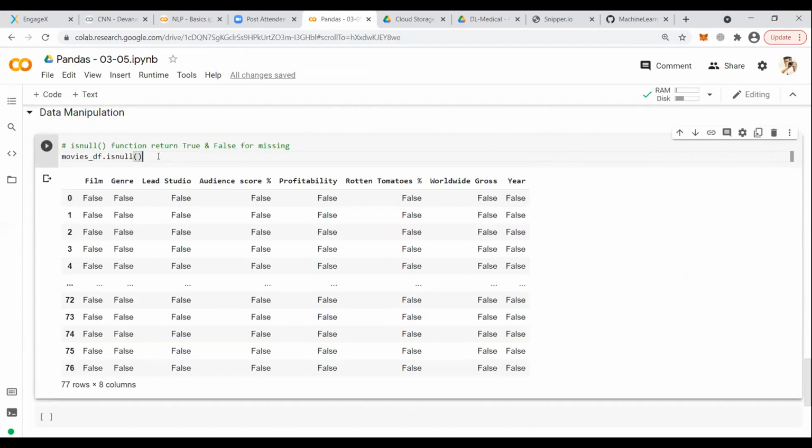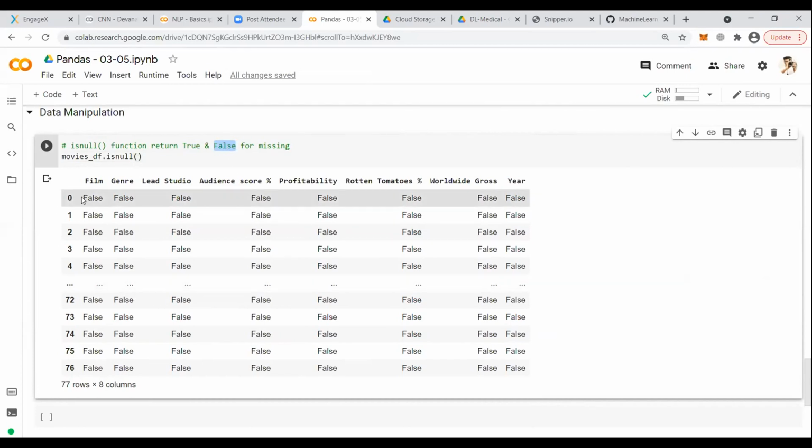Yes, we are checking here. Yes, that is correct. Somebody's mic is on, please turn it off. So in this case, we are checking whether my data frame has any missing value or not. What I said, class, is that if it returns true, that means there are missing values, and if it is false, then there are no missing values.